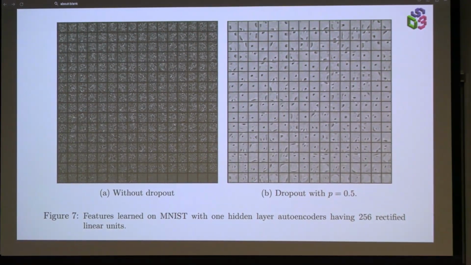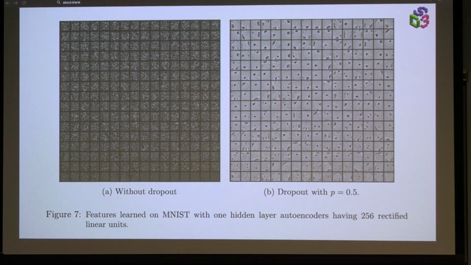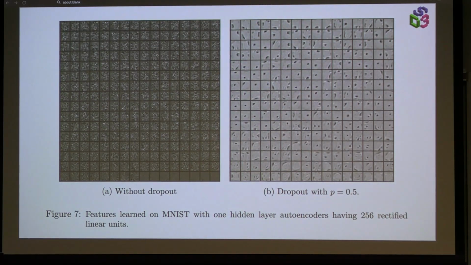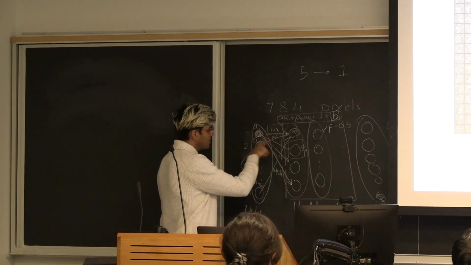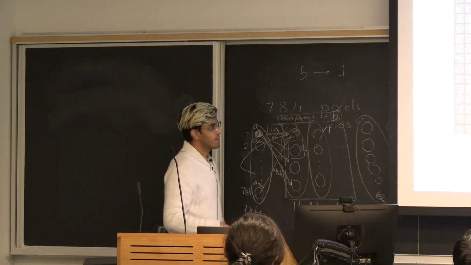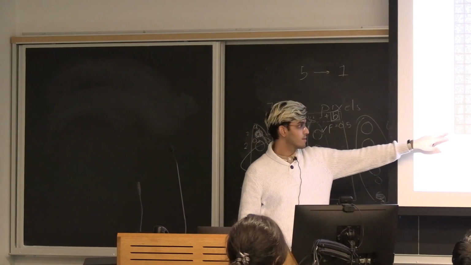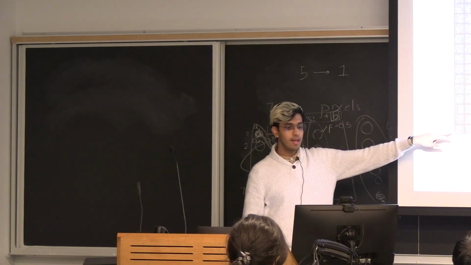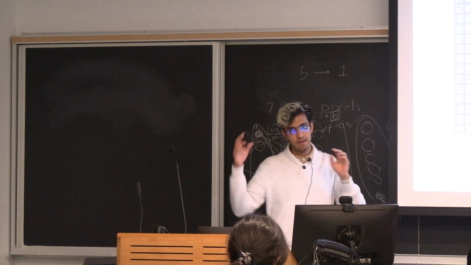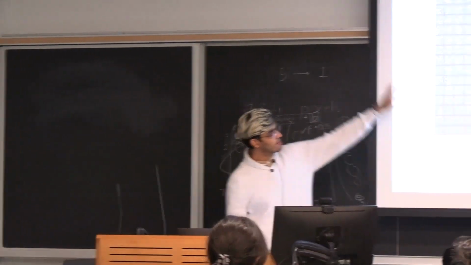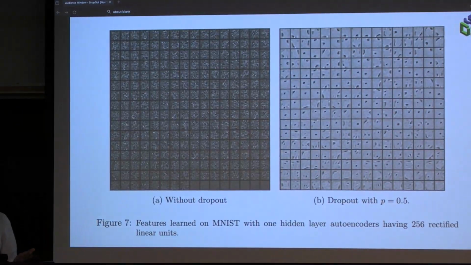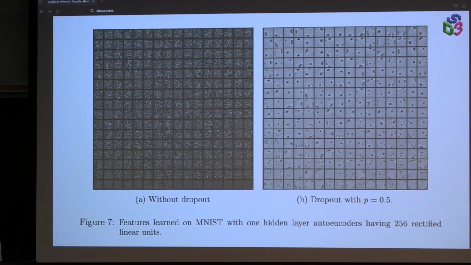Okay, can someone guess what this image is? Someone who watched the 3Blue1Brown video. Is it like the edges of the digit? Yeah. So similar to the 3Blue1Brown video, what they did was they took each edge here, and they plotted it as a matrix, right? 784 by 784. And this is basically, dark means the weight is small, light means the weight is large. But as you can see, for all of this, it's pretty jumbled. It just looks like TV static to me.